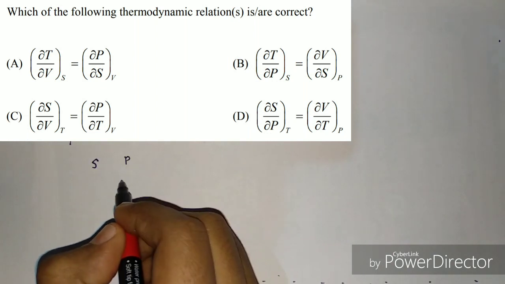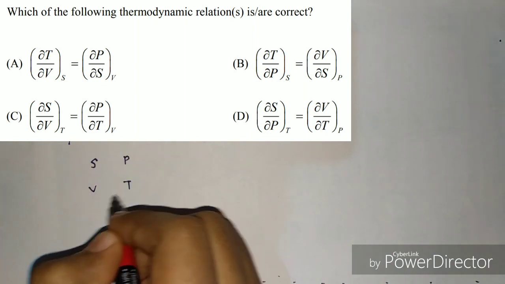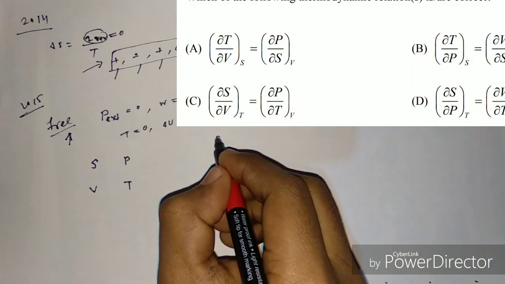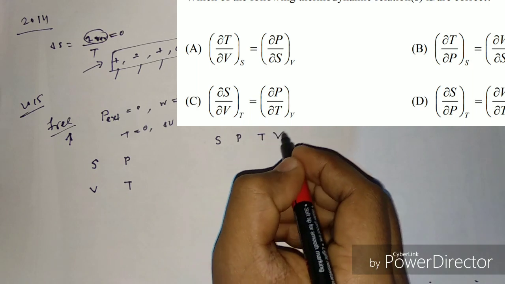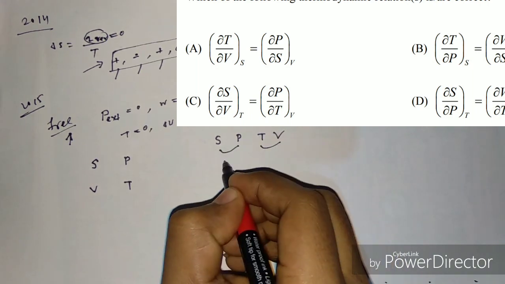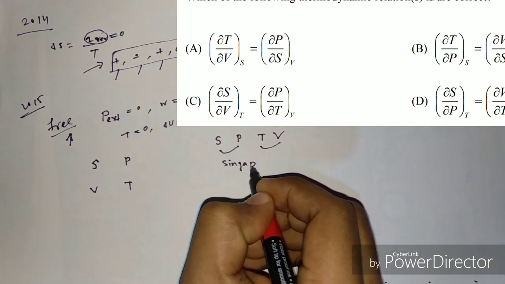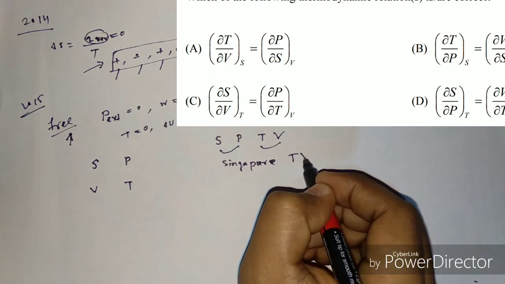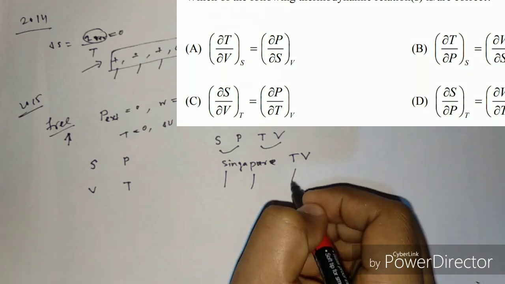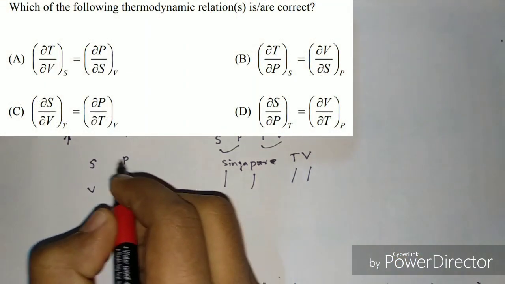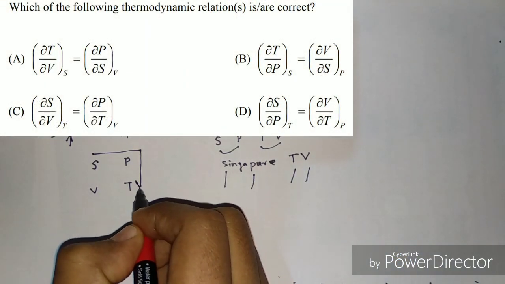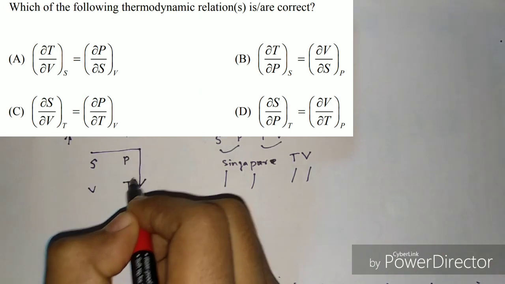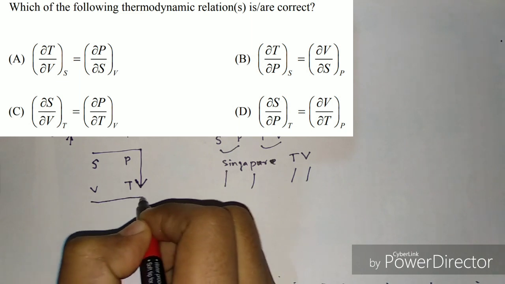This is S, P, T, V. Here is a shortcut my professors told me. You need to know SPTV, which is the Singapore TV. SPTV. Whenever you draw this kind of line, you have to draw another line